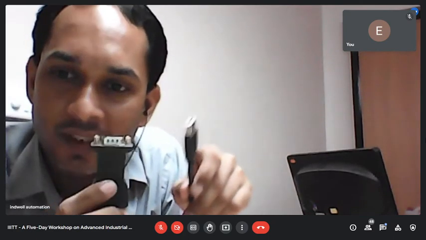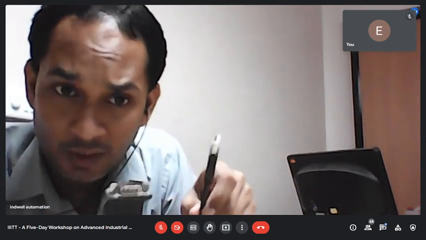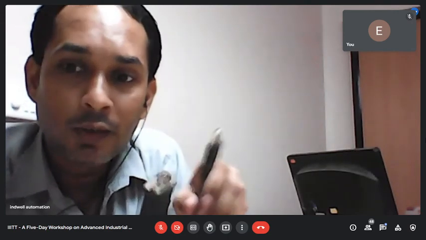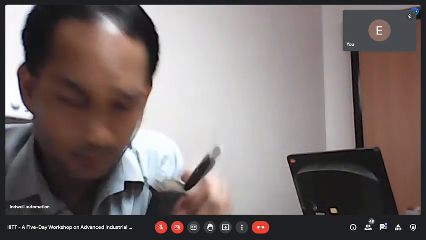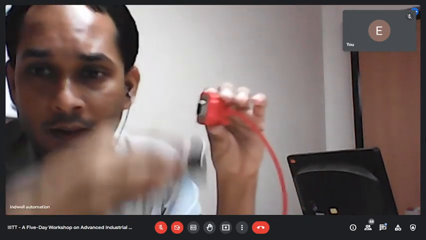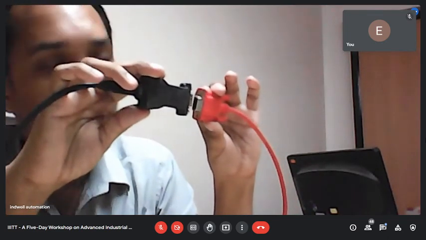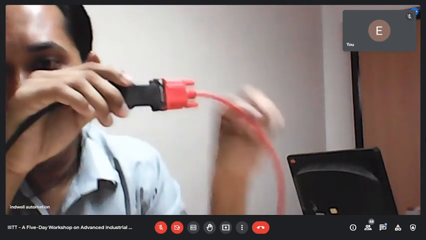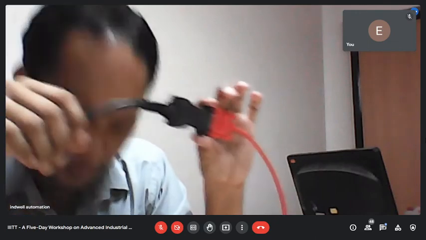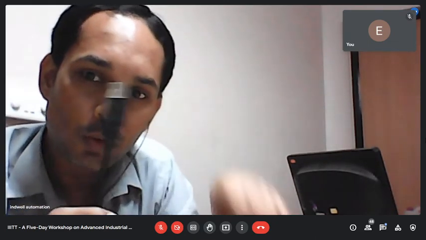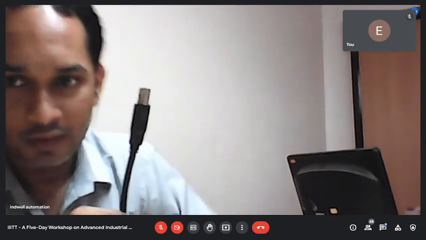Nowadays every engineer needs to have this, because you won't have a serial port on your laptop. So you connect this serial cable to this port. Now your PLC cable has gone to the USB to serial converter, and this USB will go to your laptop or computer.